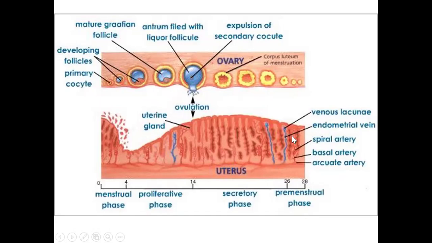You can see here the venous lacunae, the intermenstrual vein, the spiral artery, the basal artery, the carotid artery. They have been enlarged, the diameter increased, they are dilated and filled with blood and other secretion, and all these are destroyed and shredded in the next phase, which is known as the menstrual phase, of very short duration, just 3 to 4 days. That's why the secretory phase, just before the menstruation, is known as the pre-menstrual phase.